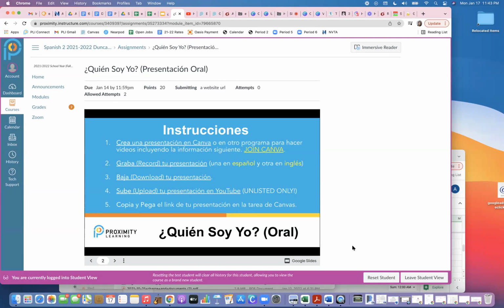If you do not have any questions, I will go ahead and open up the breakout rooms. So the way that the breakout rooms work is, let me show you real quick. I create 5 different breakout rooms. The very first breakout room is our first assignment, the escuchar assignment. The next breakout room is the escribir assignment. Then the third breakout room is our vocabulario assignment. And the last breakout room is our presentación oral.